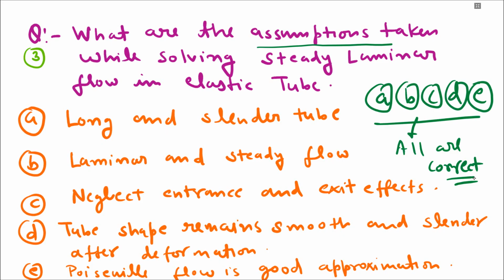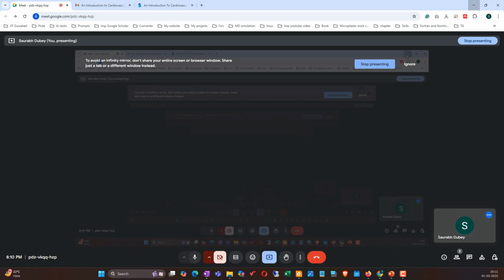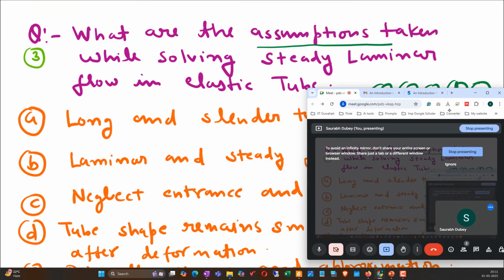Long and slender tube, laminar and steady flow, neglect entrance and exit effects, right? So let me just delete that so that I can control the meeting also along with the lecture, right? So if I can put it here,